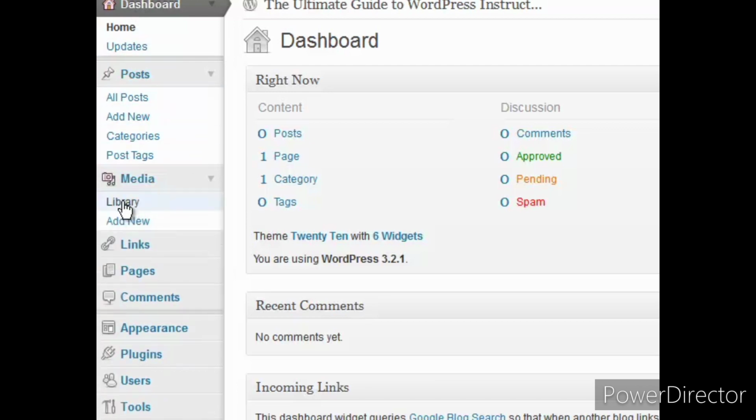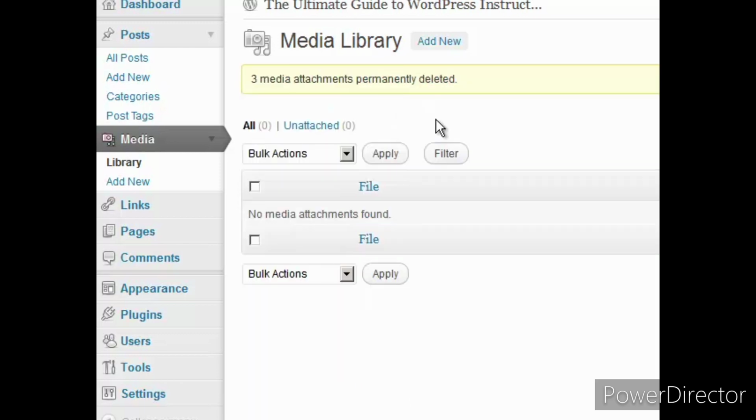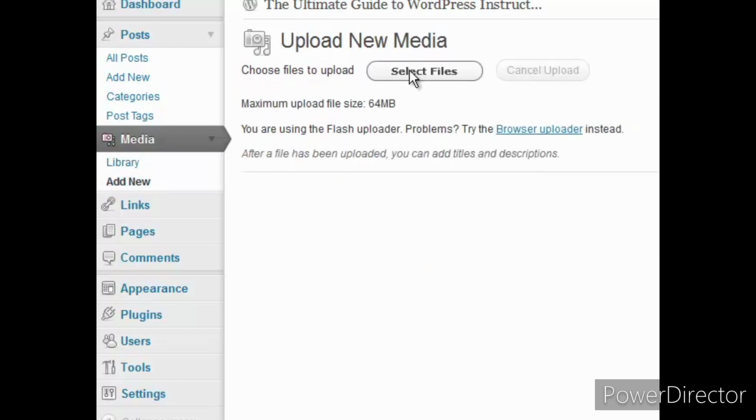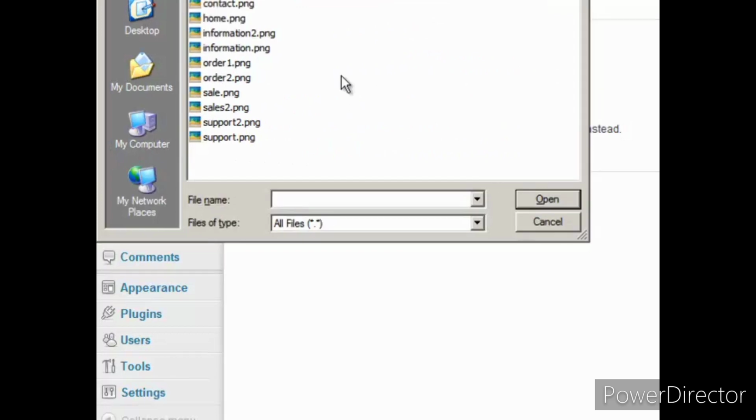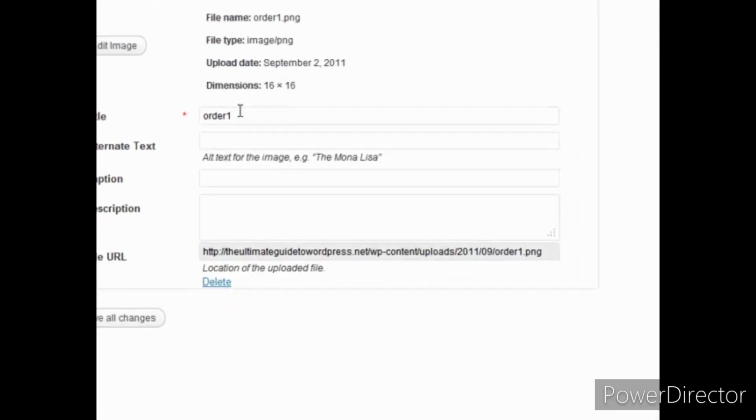Click on Media, click on Library. You'll see that I have a few things in here. I'm going to delete those right now and show you how to add them. Okay, so there's nothing there. So let's add new by clicking here or here. Makes no difference. You select Files, and then we're going to select that button,